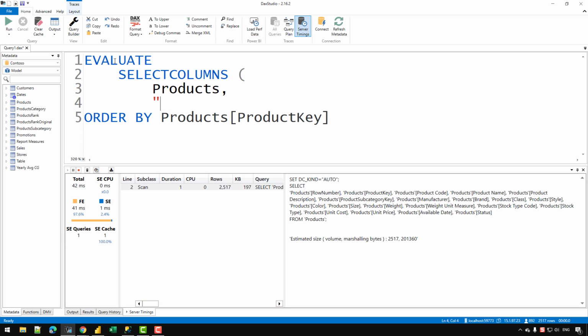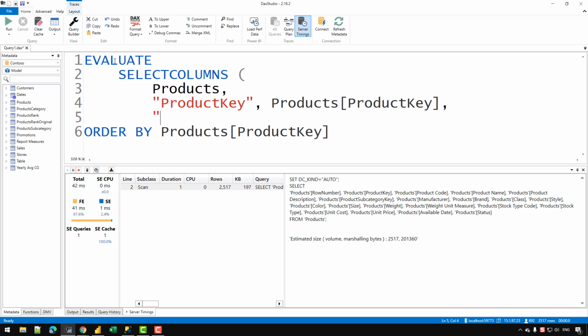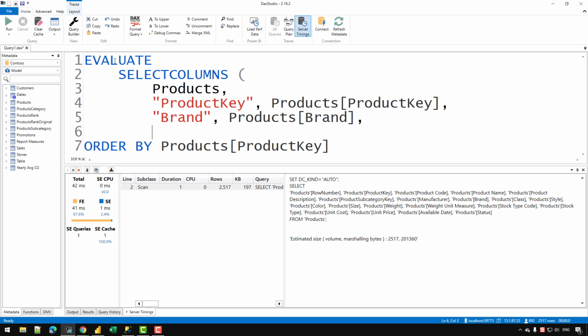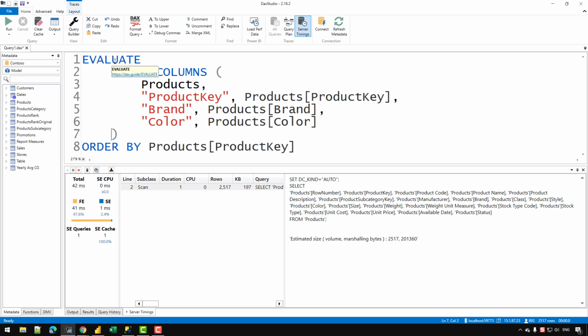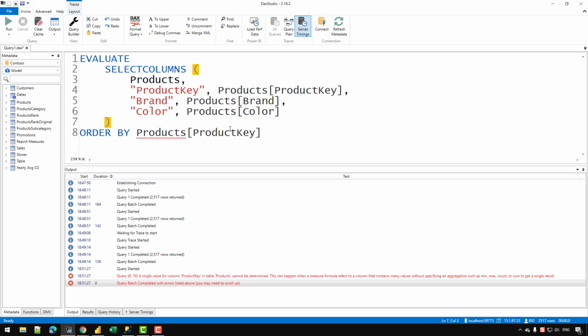So I'm going to write "ProductKey", and then extract the ProductKey column, Products[ProductKey], and then I want the brand, so I can write Products[Brand]. Then let's extract the color column, Products[Color]. Let's close SELECTCOLUMNS and press F5 so that we can execute the code.